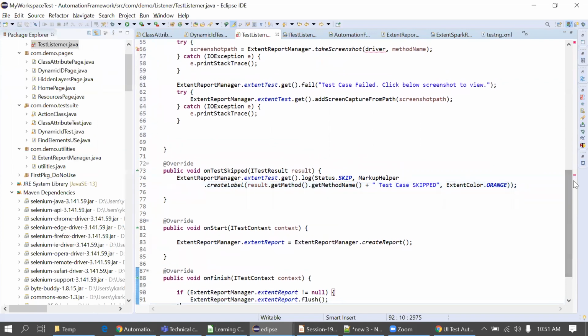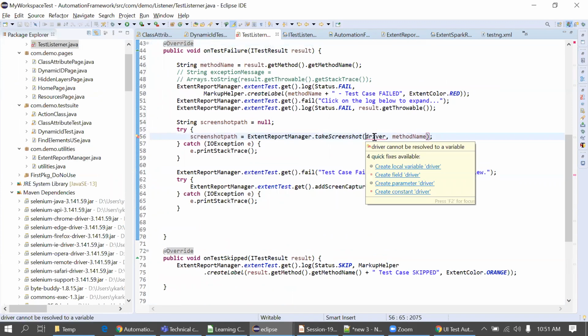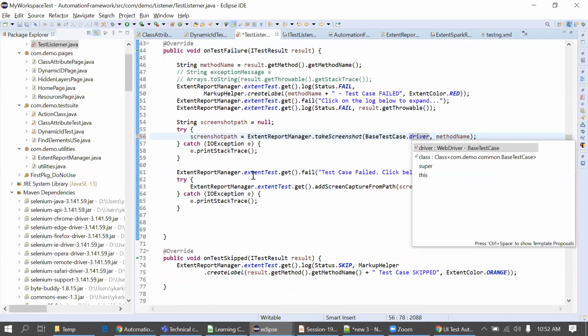Okay, now we got one error. When we are taking the screenshot, we are expecting the driver should be initialized here. So I know I have to put the driver into the base test case. So I will just use base test case dot driver. It will resolve the problem.